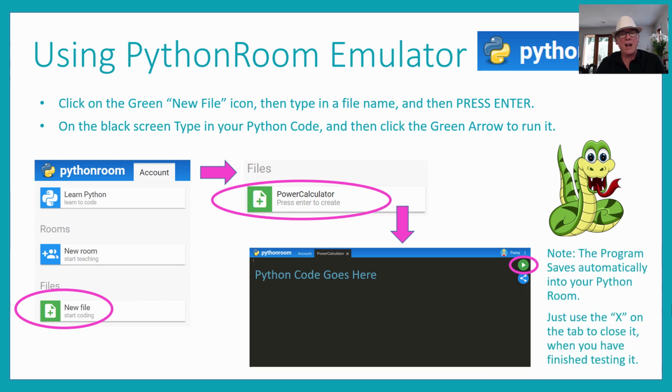Now, you don't have to save the program at all. It keeps saving itself automatically online. And on the tab up here, there's an X. So you just click on that X to close the program. And when you close it, that does a final save anyway. All right, so